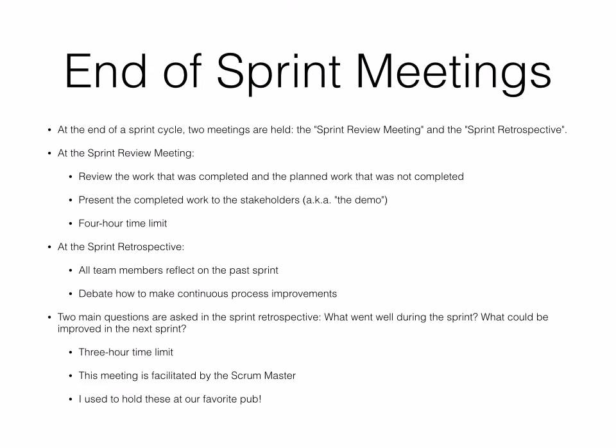So two main questions are asked in the retrospective. What went well during the sprint? What can be improved? Usually you want to limit these meetings to three-hour time limits, and this meeting is facilitated by the Scrum Master. And so I've been the Scrum Master many times, and I always use the sprint retrospective